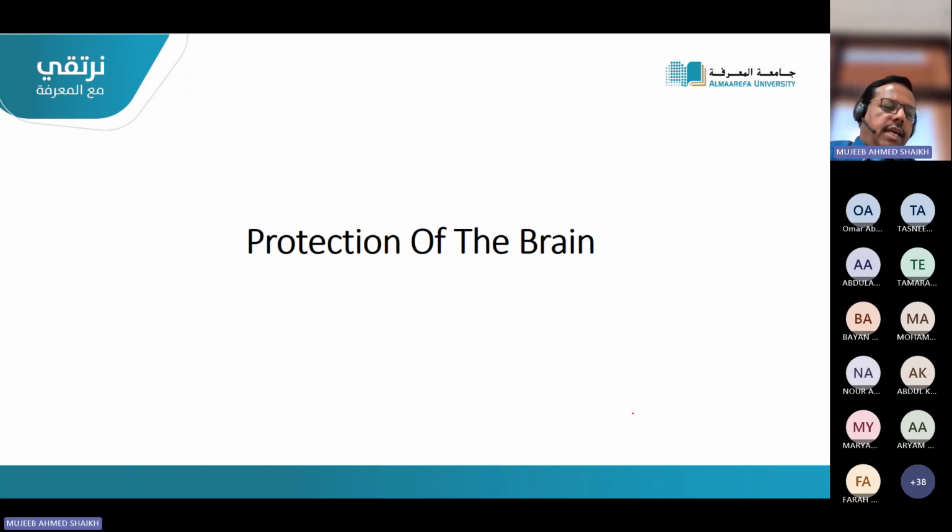Okay, up till now we have seen how the nervous system is classified: central, peripheral, and in the peripheral, sensory, motor, and autonomic. And then we have seen the different types of accessory or protective or supporting cells, which are called the glial cells. There are 4 types: astrocytes, microglia, ependymal cells, and oligodendrocytes. Now we will move to the coverings, how the brain is protected, because any important structure in the body has to be protected to its proper level.